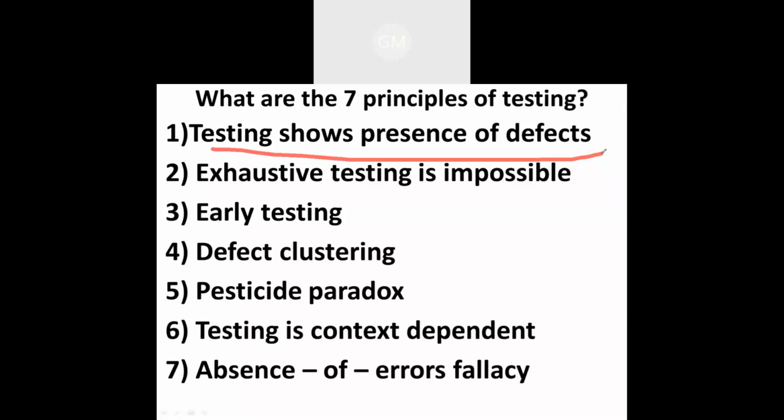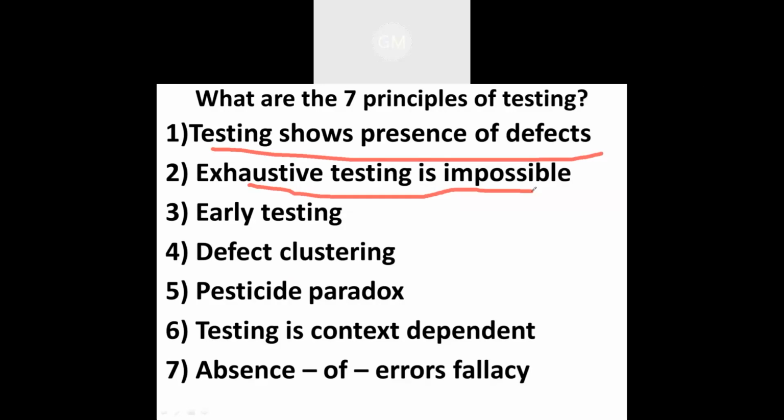So whenever we are performing testing, we always need to reduce the number of undiscovered defects which remain in the software. For that purpose, we need to provide proof that the particular product is defect free. Then only it is going to be useful for the users. So from this point of view, we need to show whether that particular product's defect is present or not. If it is present, we need to remove that defect 100%. This is the first principle.